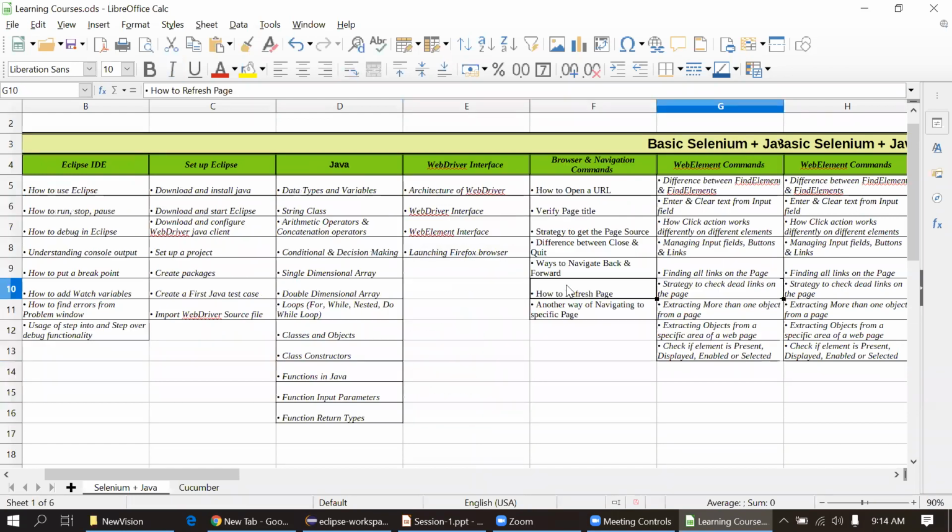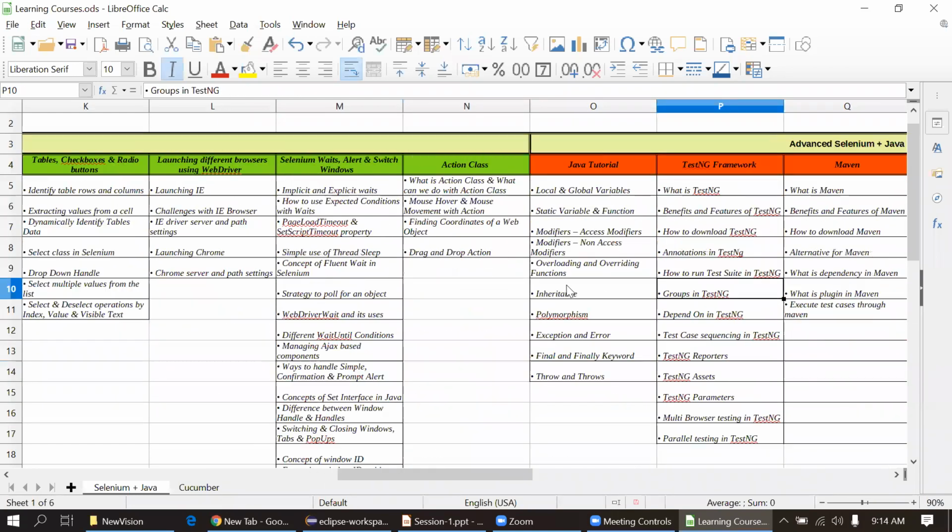And apart from the Java, I'm going to this next Java tutorial actually. It's variables. What is a local variable, global variable, what is a static variable, functions, modifiers. Means suppose if you want to limit the uses of a particular class or particular variables, so we can use the modifier there, like public, private, protected, and that is the requirement of the modifier.